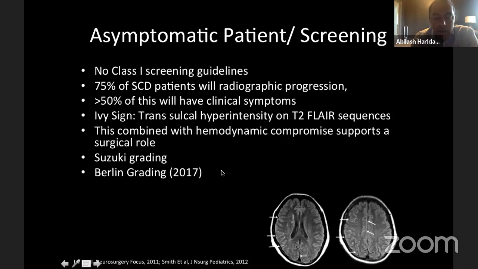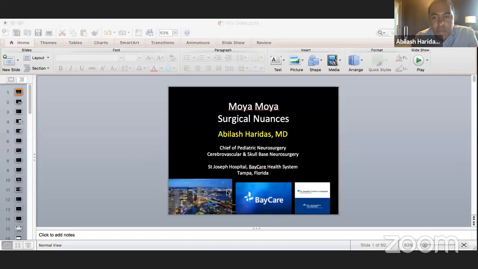And you may or may not want to treat them with aspirin or even refer them to a hematologist for further workup. But a majority of the patients with sickle cell disease will have radiographic progression of their moyamoya. Now, radiographic progression does not mean that they will have symptoms. So it's very clear to make that distinction. Only about 10% of patients will